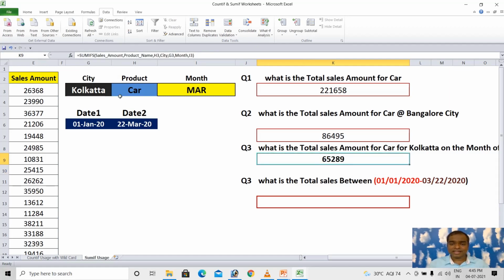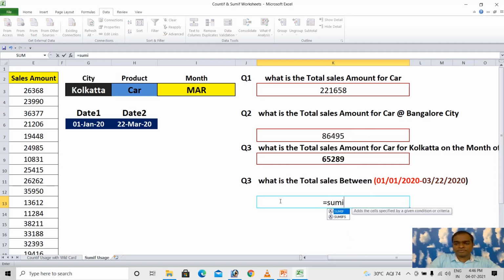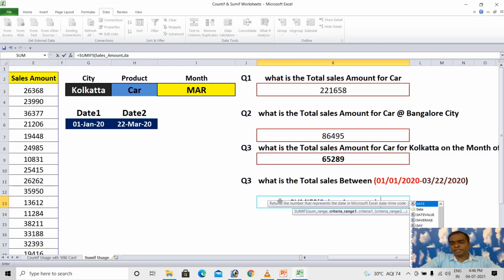So next and final question, what is the total sales between 1st January 2020 to 22nd March 2020? So how to get this? I need the total sales amount. So I'll use SUMIFS, the same function. My sum range will be nothing but sales amount. Then I'm totaling that between two dates. So my dates will be,